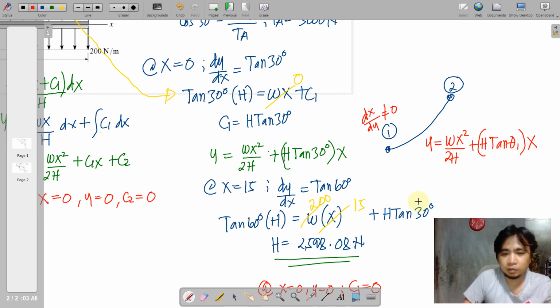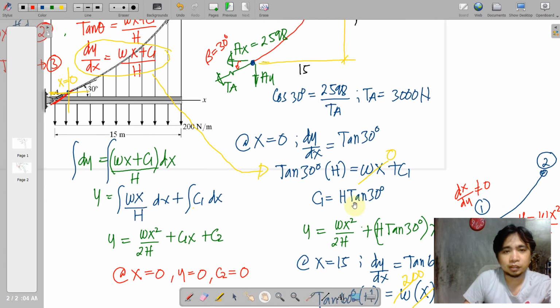So you do not need to memorize this, because if you know this, you can already manage to solve the problem, because as we can see here,